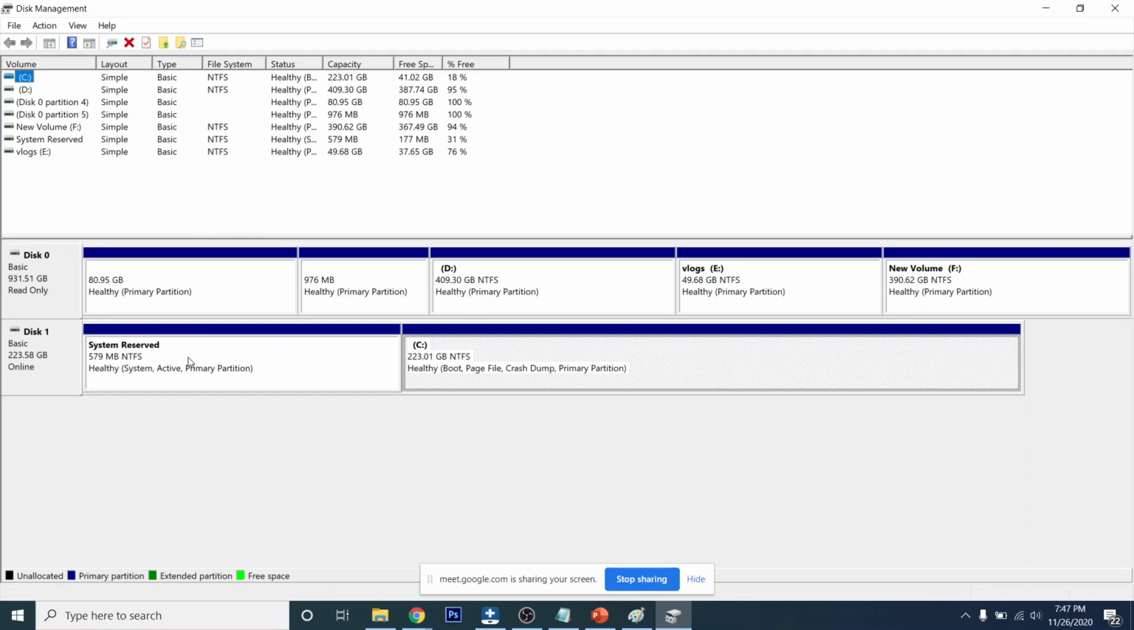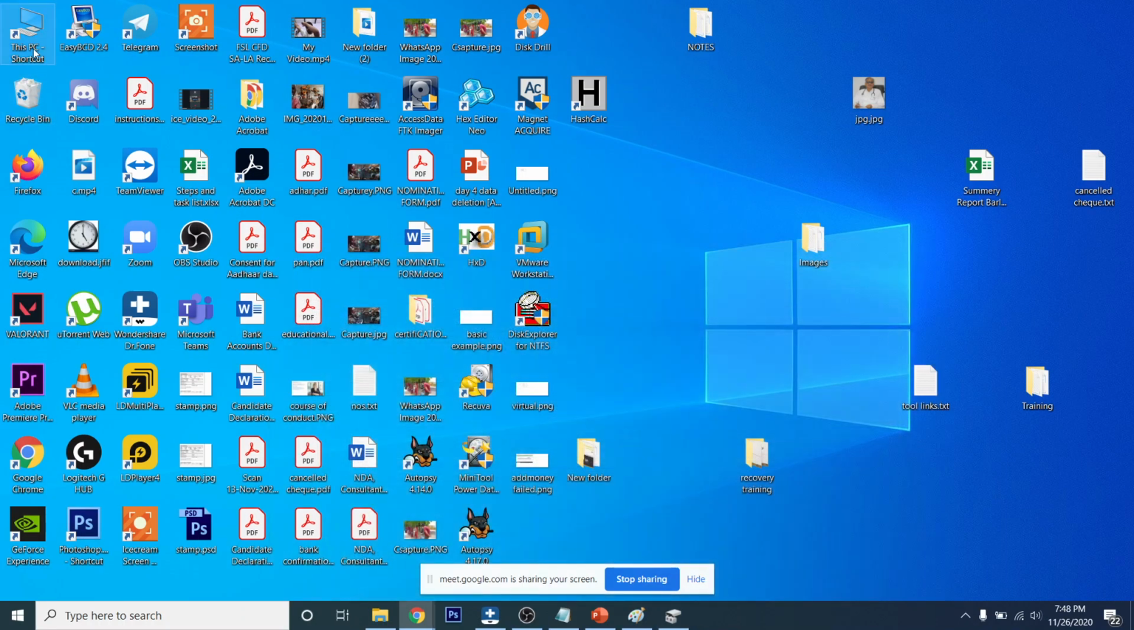Like you can see, there are two disks, disk 0 and disk 1. In disk 1, there are two partitions, and in disk 0, there are one, two, three, four, five partitions. But if we come to visibility,